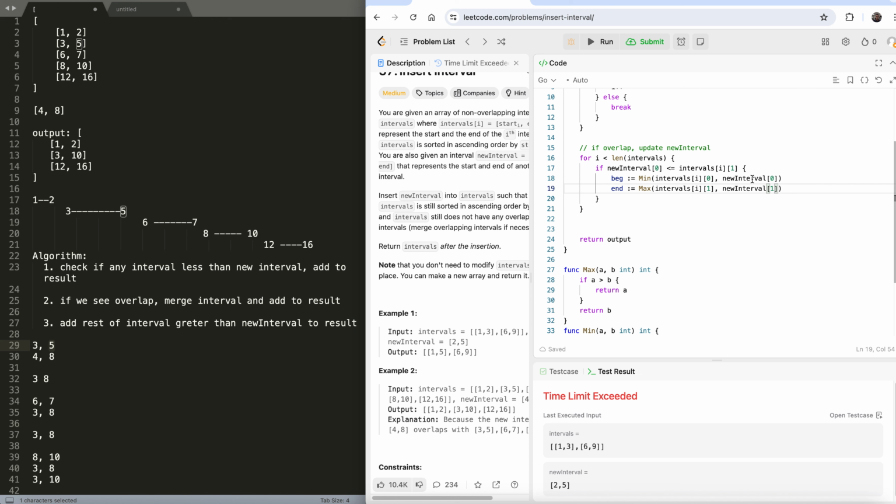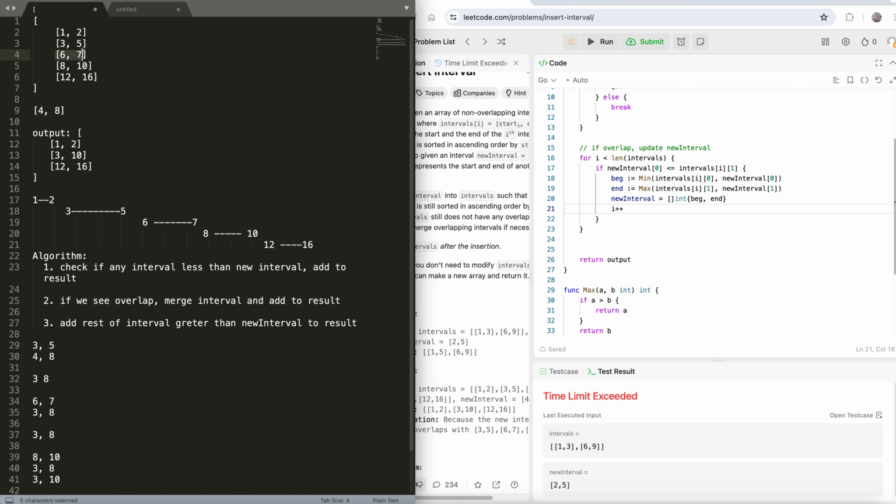So this new interval value we need to update. So let me put new interval is equal to int and begin and end. So in this way we got the new interval, and now do the I++. So we'll go to the 6, 7 again, 6, 7. So we got the 6, 7, and we got the 3, 8, and in this same way we find the